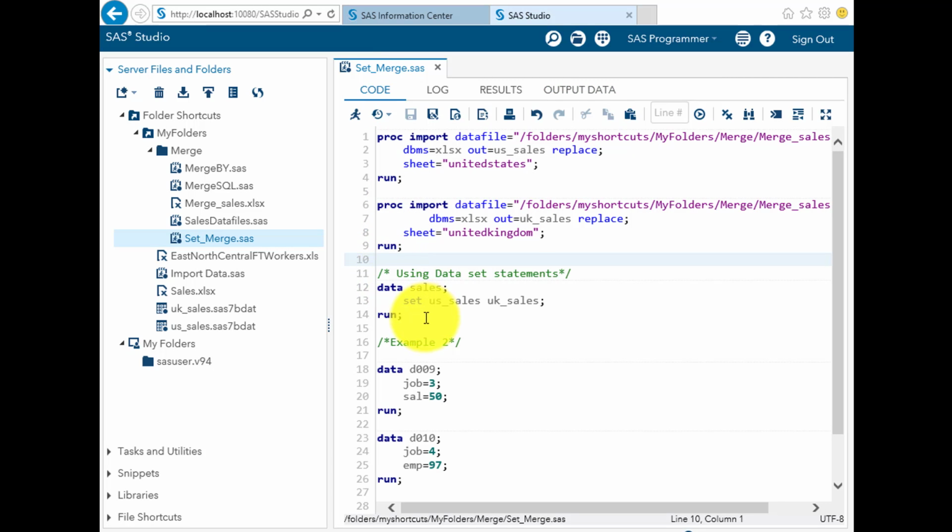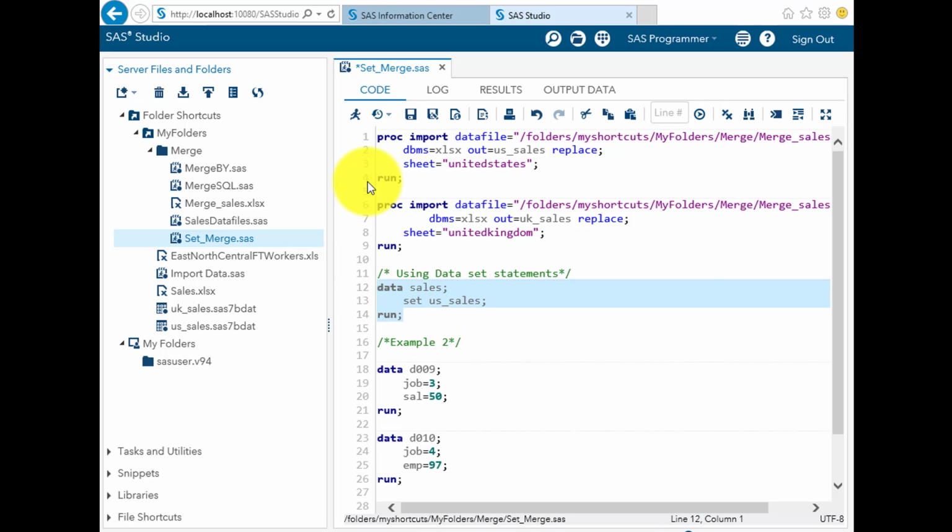If you look at the next statement, data sales set, with the set statement I am trying to merge both the files US_sales and UK_sales with just a simple blank space. Let me first show you what the set statement does. Suppose I just write data sales set US_sales.